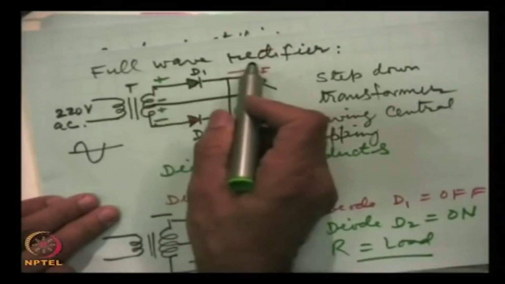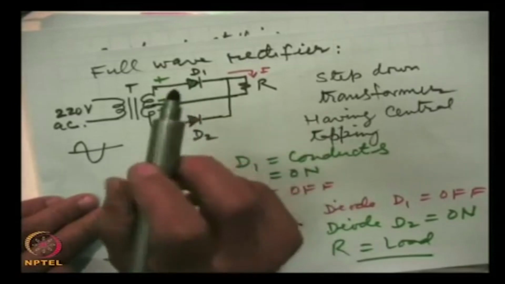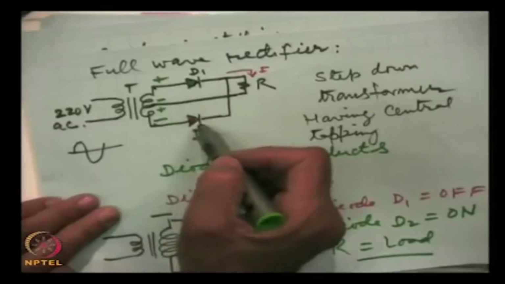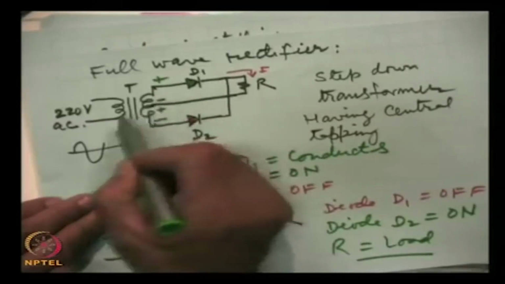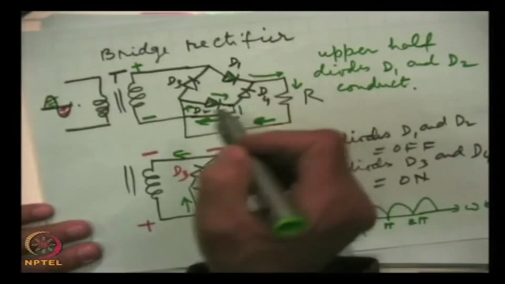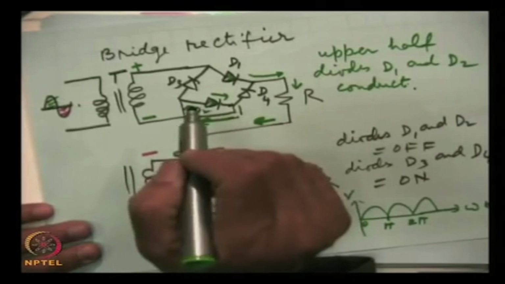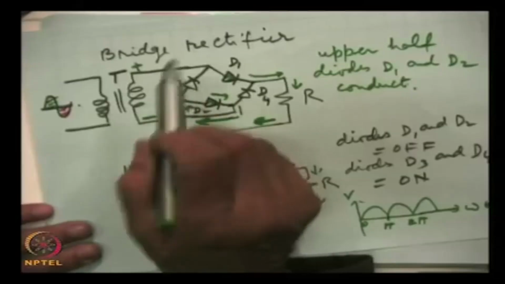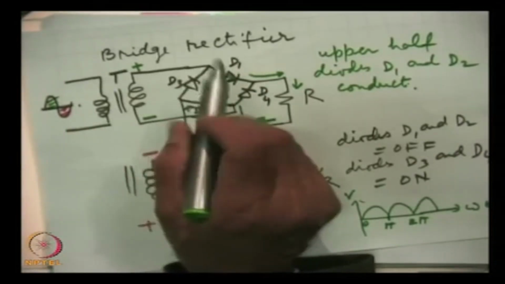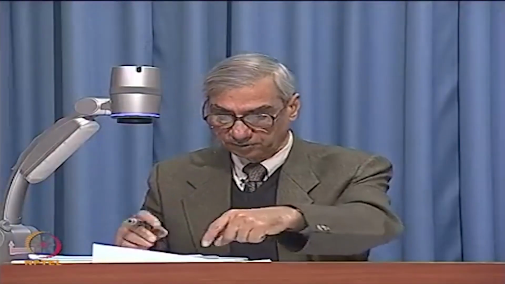This is a full wave rectifier. That means the circuit makes use of two diodes D1 and D2 and a centrally tapped transformer. While this is also a full wave rectifier, popularly to distinguish between the two, this is always called a bridge rectifier. So, remember that a bridge rectifier is also a full wave rectifier, but to distinguish between the two, this is called a bridge rectifier. This is much better as compared to the centrally tapped transformer full wave circuit, and basically